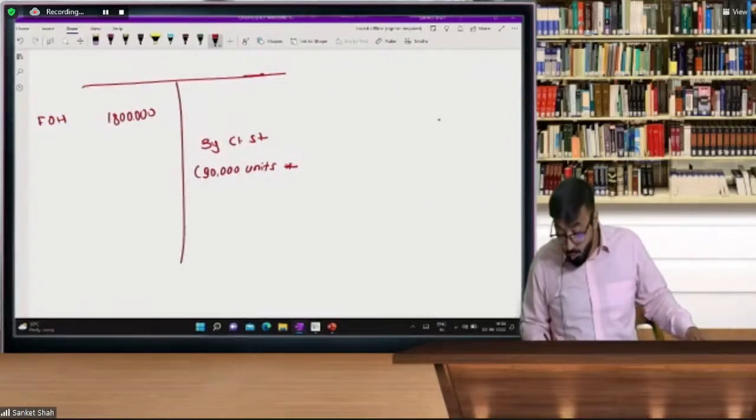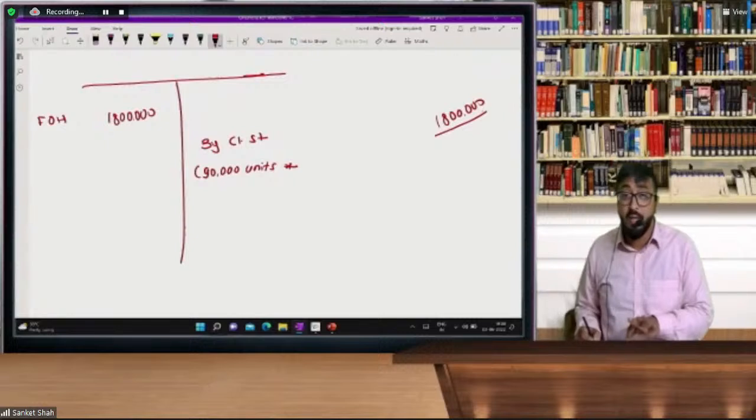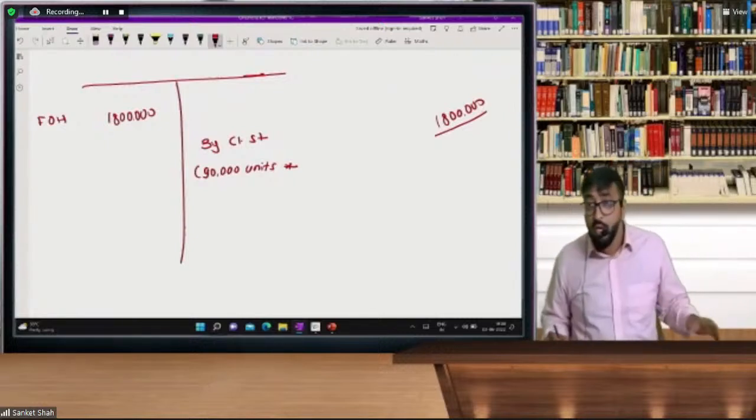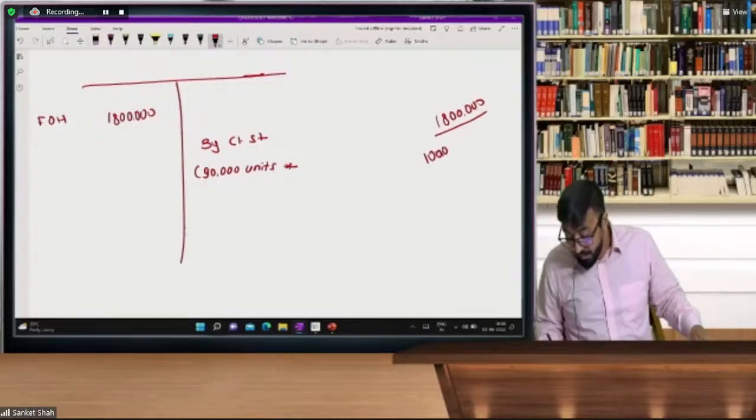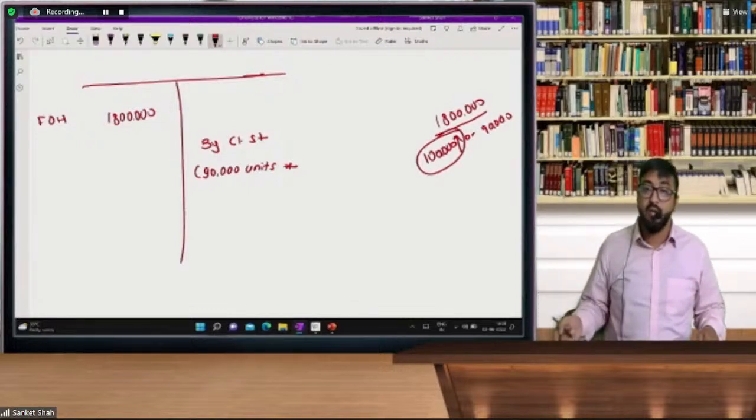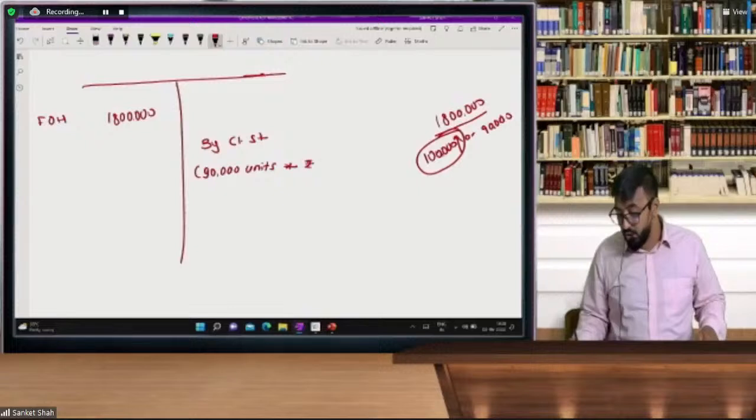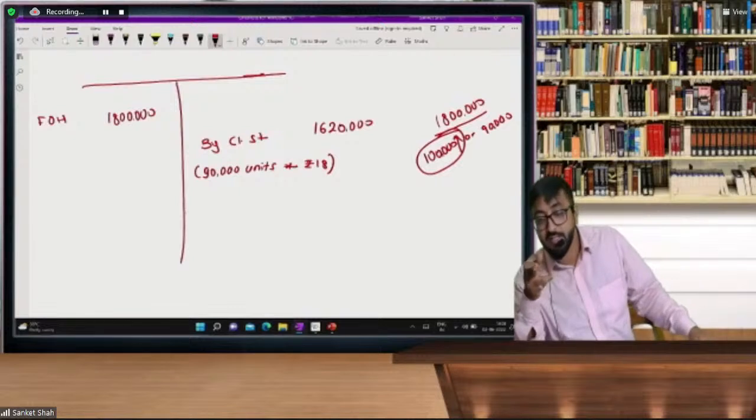सर इधर हुआ क्या? मैं रिकवरी रेट कितने से लगाऊं? सर रिकवरी रेट मतलब मैं यहाँ पे कितने से मल्टीप्लाई करूं? 1 यूनिट के पीछे कितना चार्ज करूं? 1 यूनिट के पीछे आपको चार्ज करना है 1 लाख और 90,000, विचेवर इज हायर। सो सर 1 लाख ने बाजी मार दी। 18 लाख डिवाइड बाय 1 लाख मतलब 18 रुपए से मैं ये वैल्यूएशन करूंगा। सो 90,000 इंटू 18 मतलब 16,20,000 ये मेरा वैल्यूएशन आएगा। मेरा क्लोजिंग स्टॉक वैल्यू होगा 16,20,000।